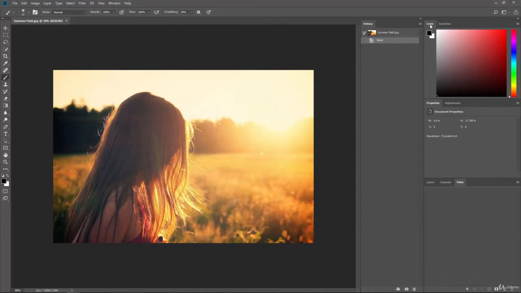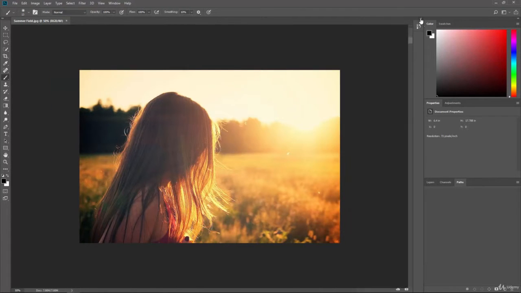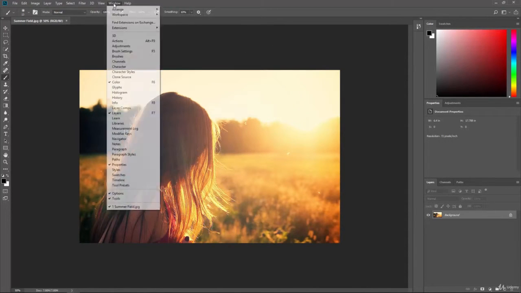Now in Photoshop, there's also a lot of panels that aren't even being shown right now. So let me get this back to where we start. And if I go up to the top and I click on the Window button, you'll see a whole list of panels here that you can use. So you can see we have our color panel highlighted and it has a check mark showing that it's being shown, our layers, our properties, and some of these panels have shortcut keys like F7 for layers and F8 for